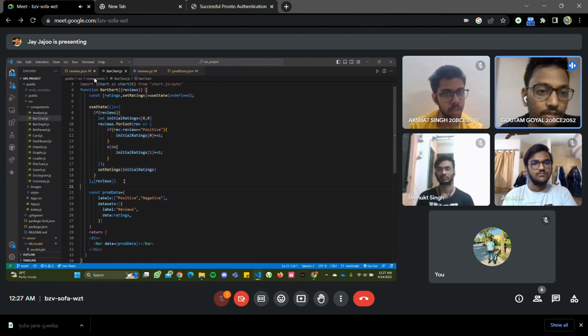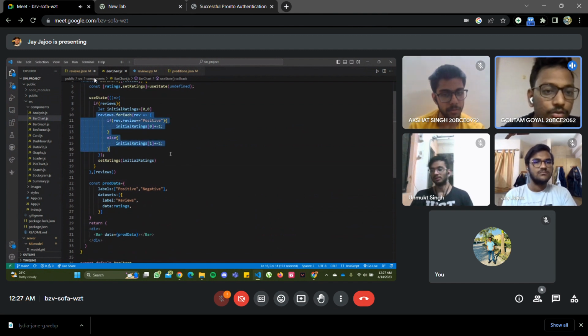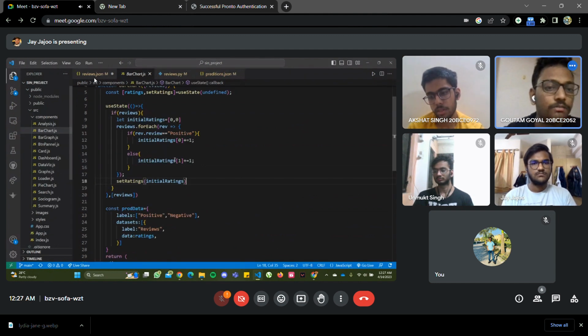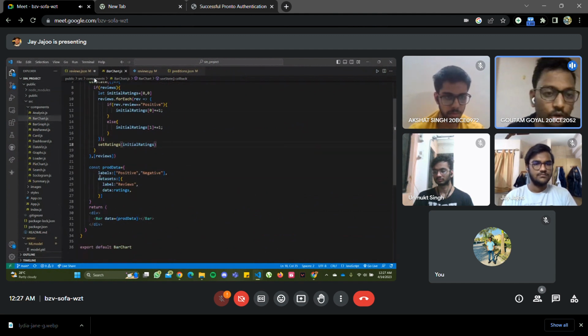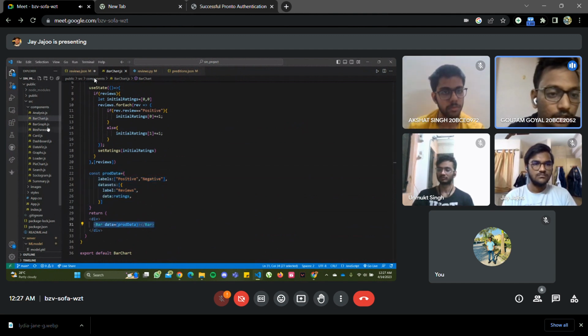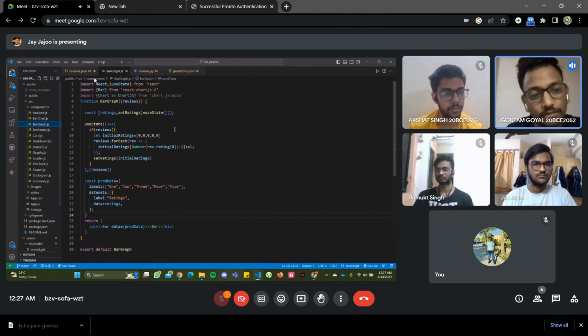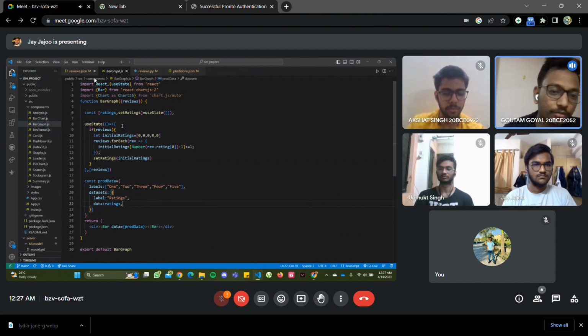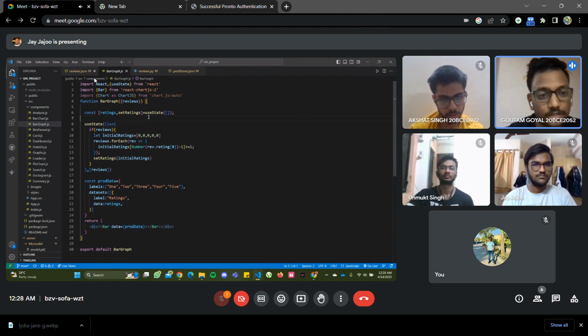Now we traverse through each and every review. If the review is positive, we increment the 0 index, that is the positive one. Else we increment the first index, that is the negative one. Next, we store the result into a plot data constant, which we will use to plot the data, in which the labels are positive and negative. Now we go to the bar component, which is the component from chart.js. Next, we go to the bar graph, which takes the 5-star ratings from the reviews